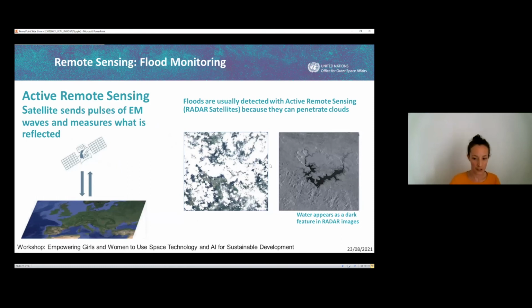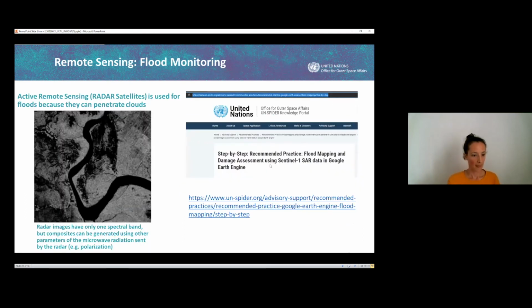But another very interesting feature of a radar satellite is that water appears as a dark feature in radar images most of the time. So that's also very useful to be able to detect water extent. And radar images only have one spectral band, not like the other example I showed you with red, green, and blue. But there are other parameters you can play with, such as polarization, to